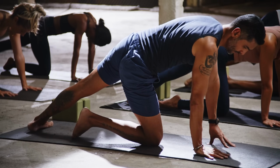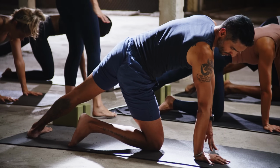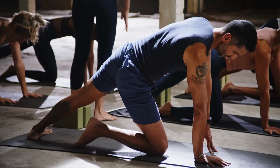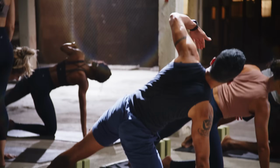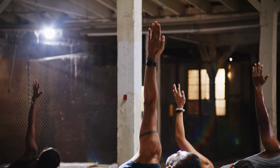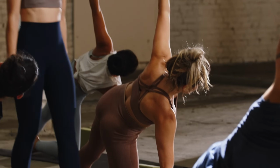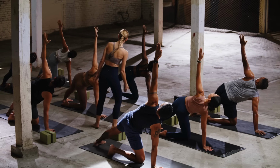Now look down, notice that your right hand is underneath your right shoulder and your right knee is underneath your right hip. From there, reach your left arm straight up toward the sky. Finding a modified version of side plank, pause there and breathe. You could stay here. Or on an inhale, driving down into the right hand, start to lift your right foot